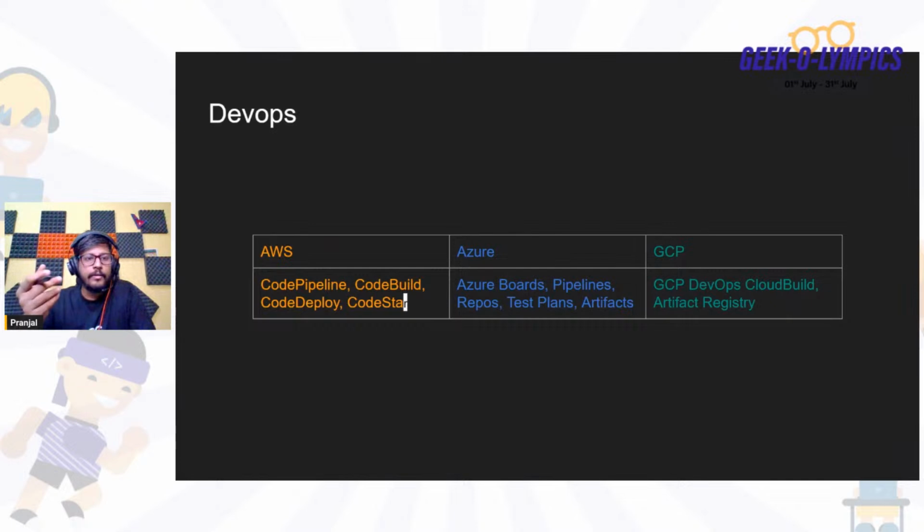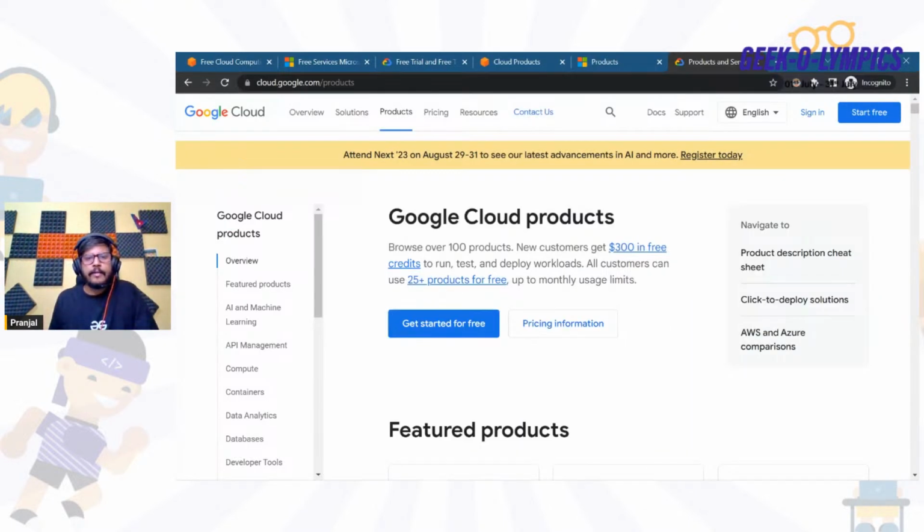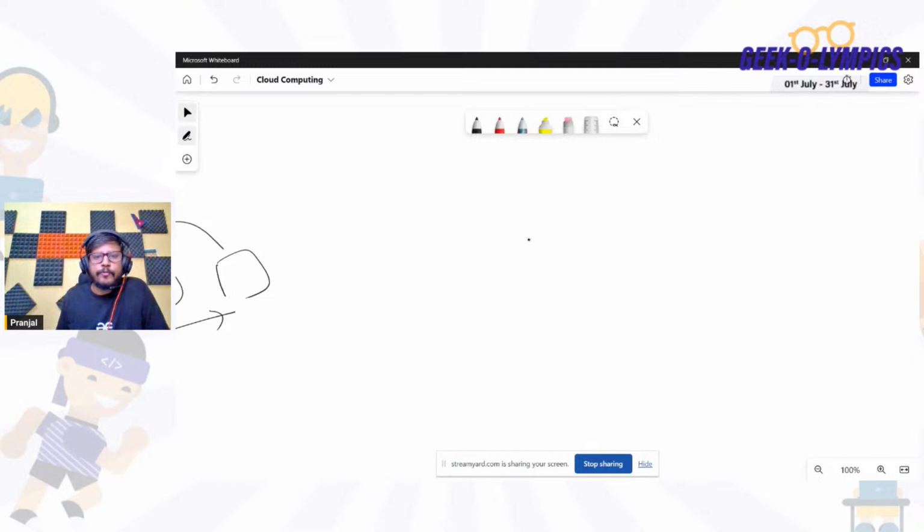And we have DevOps. In AWS we have CodePipeline, CodeBuild, CodeDeploy, and CodeStar. Basically, whenever you build a DevOps pipeline, it is always in the form of this infinity symbol.